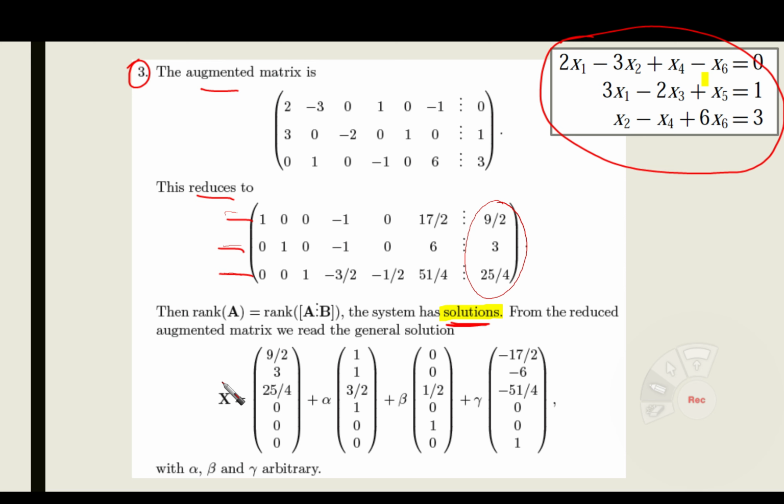You can rearrange and you can put the form of the system as we have explained in the previous videos before. It seems that we have 1, 2, 3, so we have x1, x2, x3, and then x4, x5, and x6. So this means that they are independent free variables because we have 1, 2, 3 columns. Then we're going to have alpha, beta, gamma, for example. So we have alpha, beta, and gamma, and then we're going to find there is a kind of vector because we have